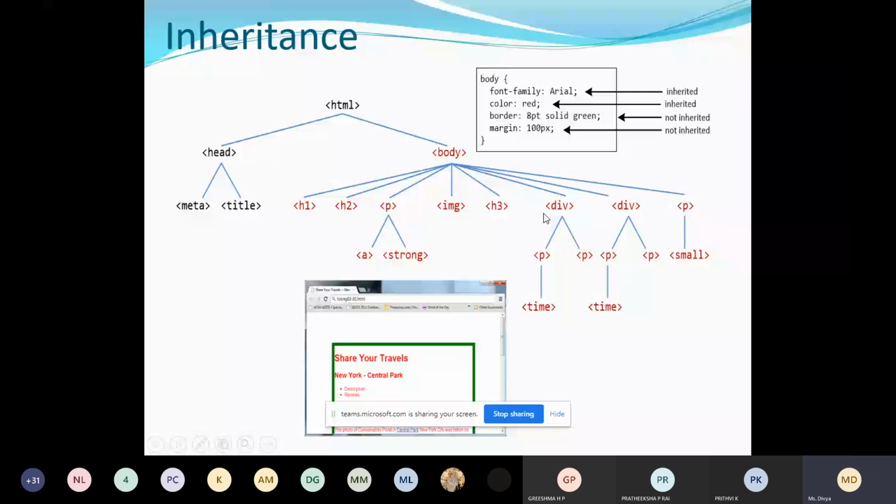Again coming to the paragraph, what type of tag is this? A tag. Why is the A tag used?